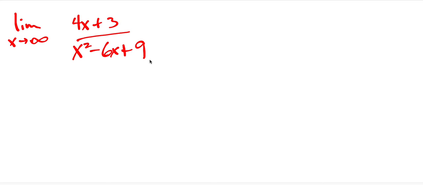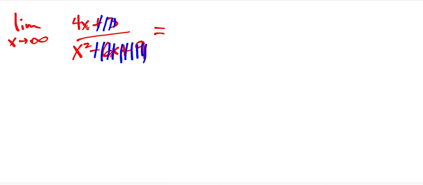Okay, so say we're doing the limit as x approaches infinity of this one. First thing we do, because we're plugging in infinity, I'm going to cross off anything that is lower than the highest degree. So I'm going to cross off plus 3. I'm going to cross off minus 6x plus 9. So numerator and denominator,